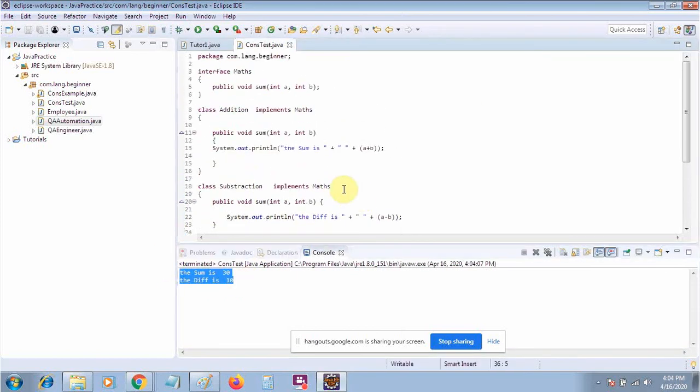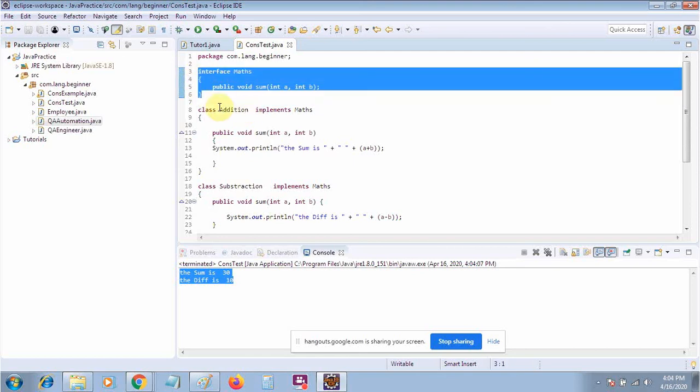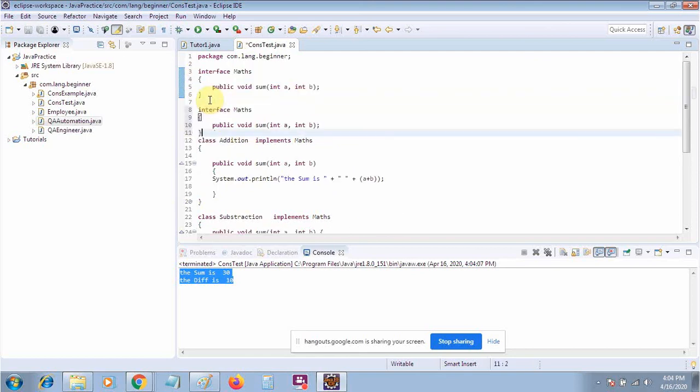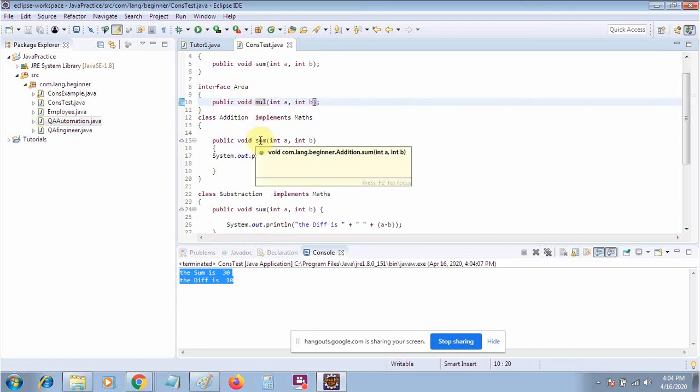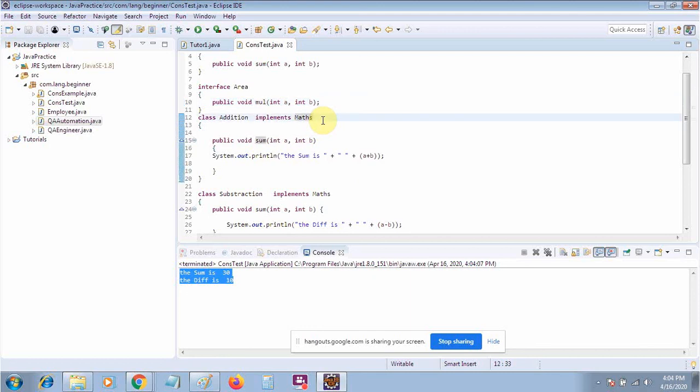Now suppose you have one more interface, the Area interface, and it also has some method like multiplication. As I told you, with classes you cannot apply multiple inheritance, but here you can.